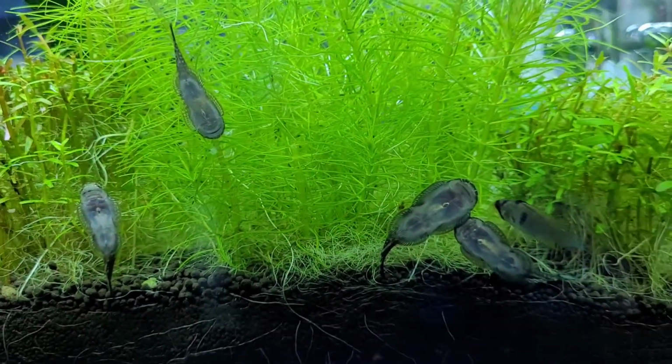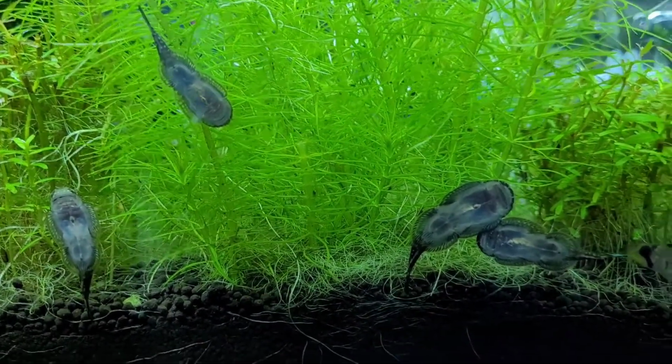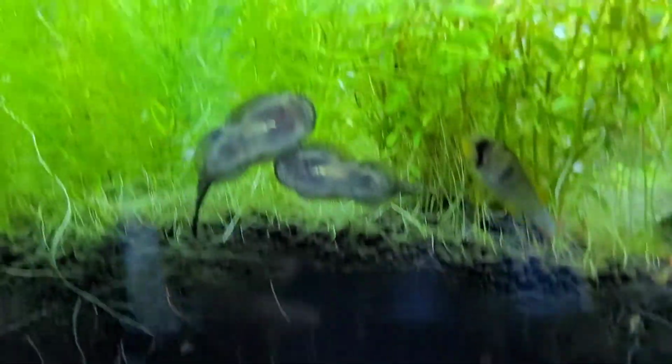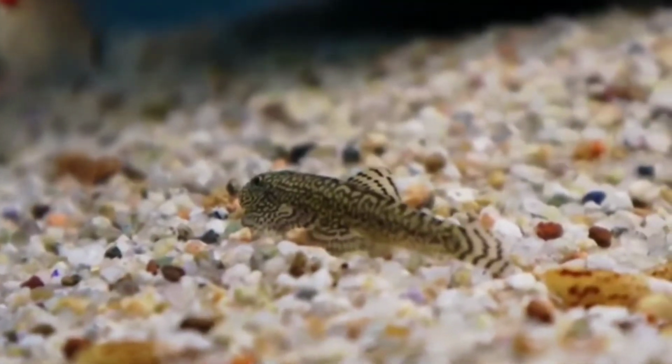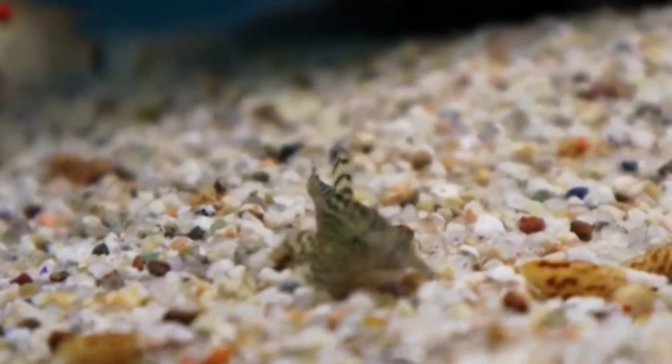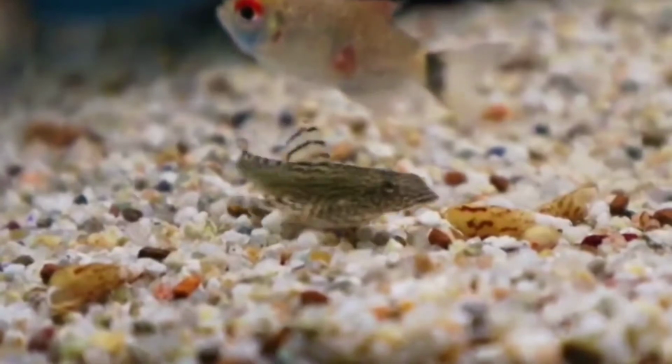Sand and fine gravel are the best options for a substrate, as their smooth bodies can be harmed by rough sand. Don't forget that they often swim at the bottom of the tank. Since they like high-speed waters, rough sand may be abrasive to them. These fish prefer to be in schools of at least 4, and they grow around 3 to 4 inches or